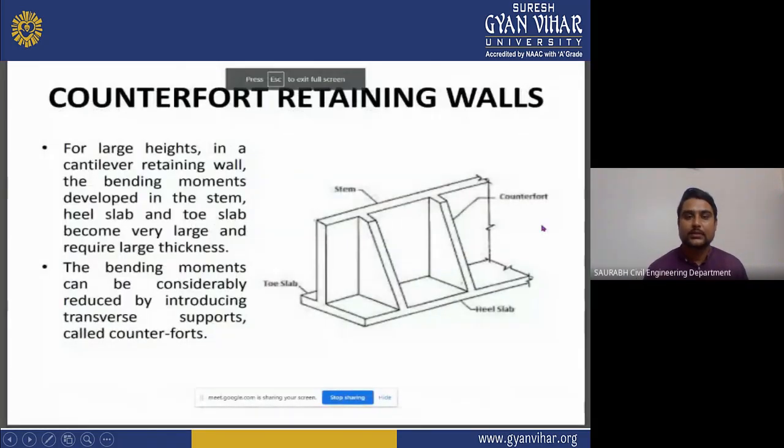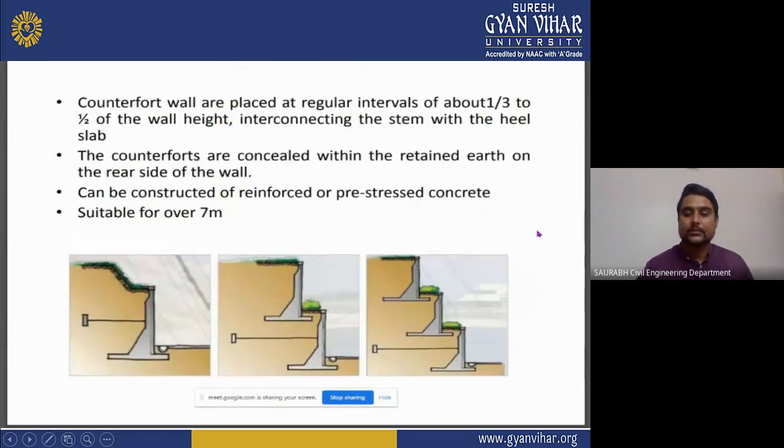So this was all about the buttress retaining wall. Come on to the next, which is